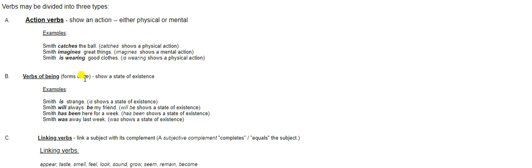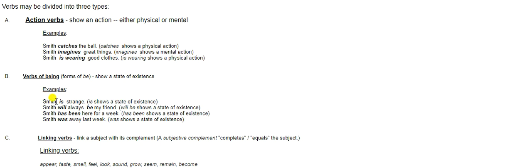Because they are forms of this word, but some of them look nothing like the word be. But forms of be, they show a state of existence, okay? And when we start looking at examples, I think that'll become more clear what I mean by that. But I always just imagine with being verbs, I imagine some hippie guy who's super zen, who likes to do yoga and meditate every day, and he just says, can't we just like be? Okay, so states of existence, can't we just like exist, man, in the moment?